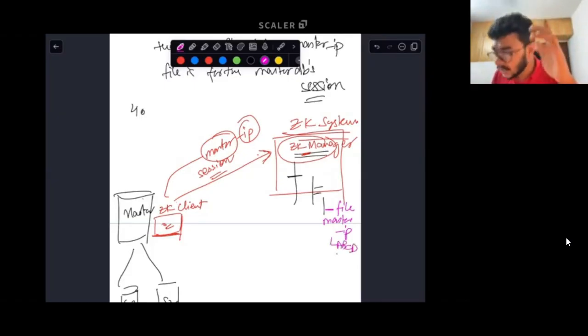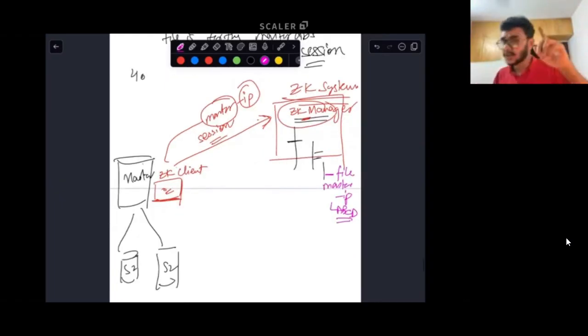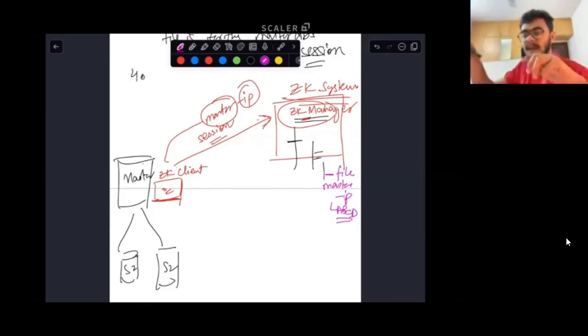It's just that the file is created by the Zookeeper manager. What will be the timing of this session, for how long? So Kunal, first of all, have you understood that this session needs to be initiated when you want to first of all create this file? First of all, is this point clear?